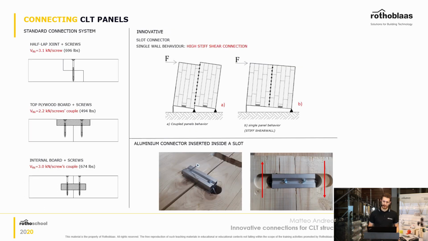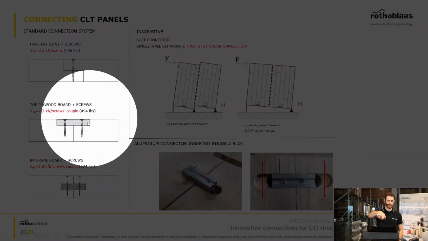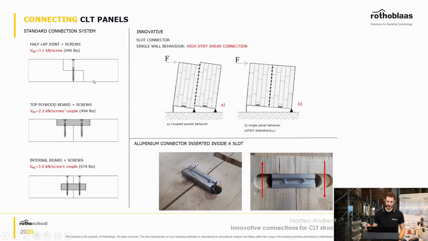So what this product actually does is connect one panel to the other, so that instead of having a lot of connectors, you need just a few of these slot connectors, which of course have a higher shear resistance. You can see here some of the most common connections that you have for CLT,